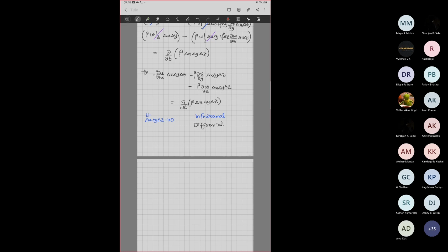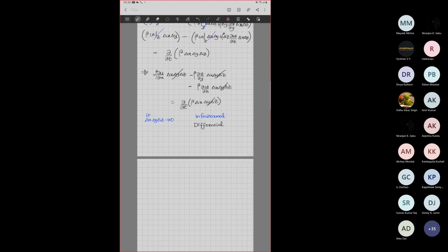Whether it is a very big volume or a very small volume, whatever it might be, I can always track all that volume by infinitesimal elements. Then naturally on both sides, delta x, delta y, delta z come out of the system. And this delta x, delta y, delta z are independent